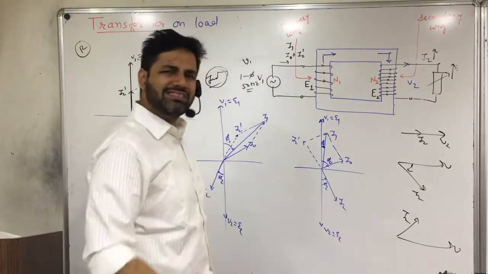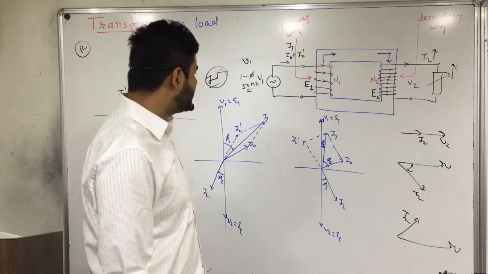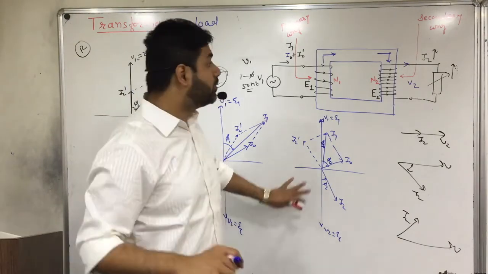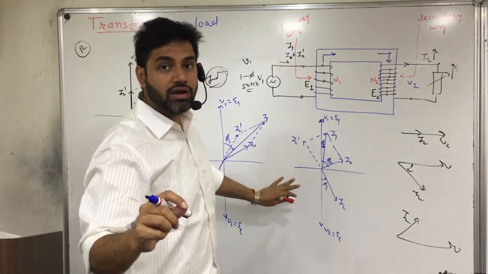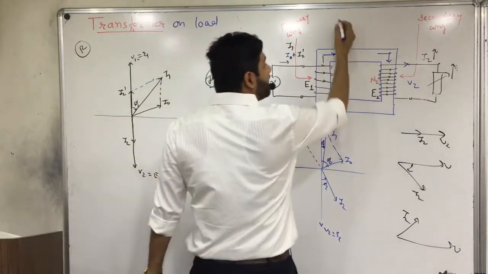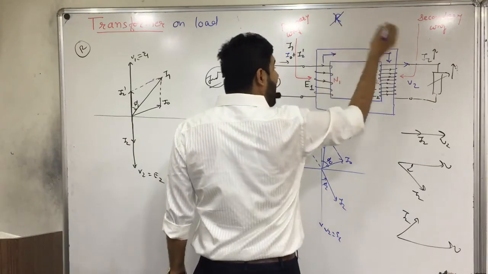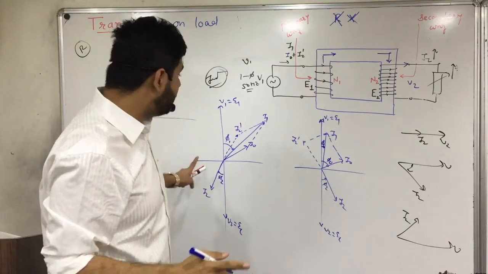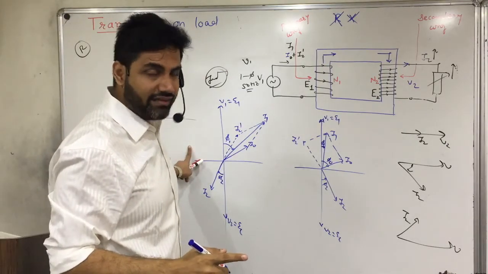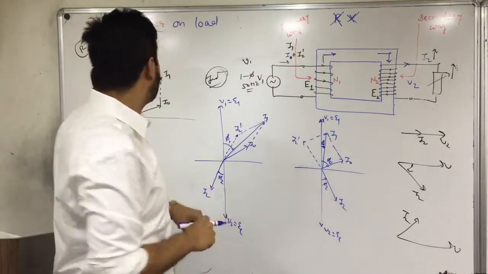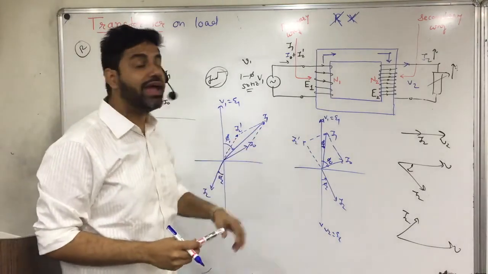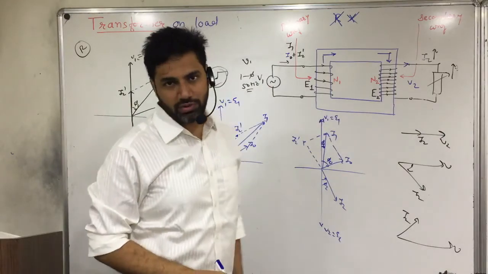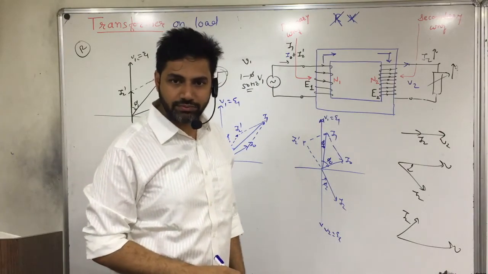Okay. So it's actually very simple and easy to understand, but we have drawn the vector diagrams of a loaded transformer where internal resistances are not considered and leakage reactances of the transformer are also not considered. Is it clear? Fine. These two terms are not considered. Sir, here resistive, inductive and capacitive are written. That is about the load. We're not talking about the internal parameters of the transformer. Is it clear? Fine. Any doubt on this? Write it.